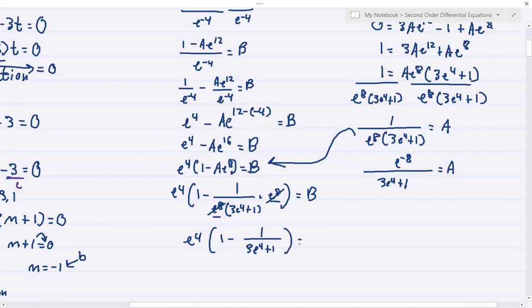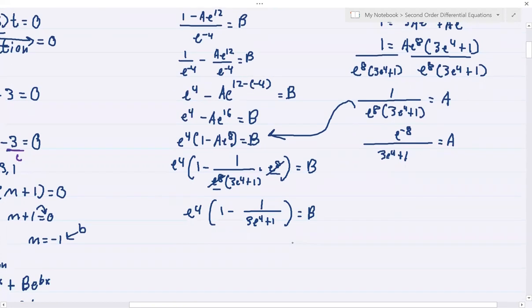All right? We can also simplify this one by making this into a whole fraction. So basically, you can stop right now. But if you want to make these terms inside of the parenthesis into a whole fraction, then there's no problem. So if you're going to make this into a whole fraction, this would be e raised to 4 times quantity 3e raised to 4 plus 1 minus 1 all over 3e raised to 4 plus 1 is equal to